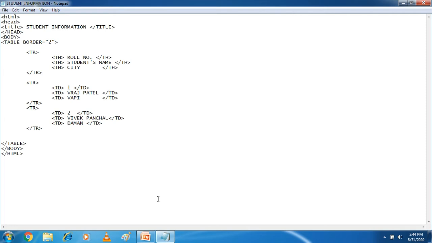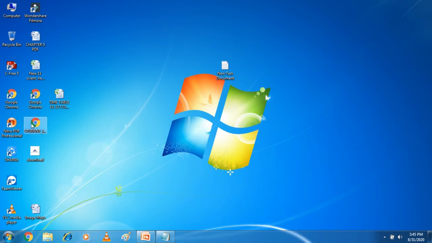If you use the attribute with value 0, no border will be visible. If you write a value, suppose here I wrote 2, in place of 2 if I write 4 and I save it, then you can see this effect on our web page.